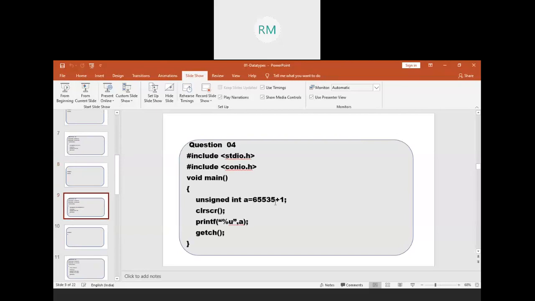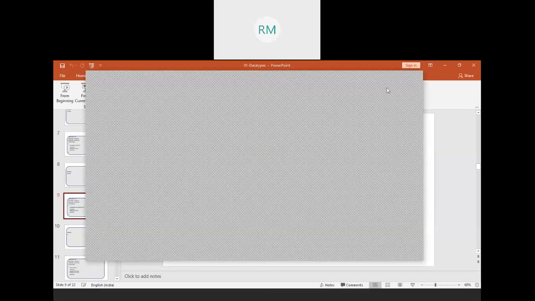Unsigned integer 65,535 plus 1. So it is exceeding the range. Then what happens? It is a positive number. That's why start from 0 and count in the clockwise direction. When you count in the clockwise direction, once the counting reaches 65,535 and is complete, again it jumps to the next value, which is nothing but 0. You can draw the diagram and understand. I will share and show how to analyze this also. In the case of unsigned values, how to analyze this? I will give you that idea.